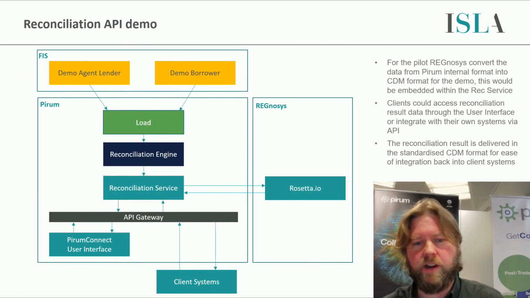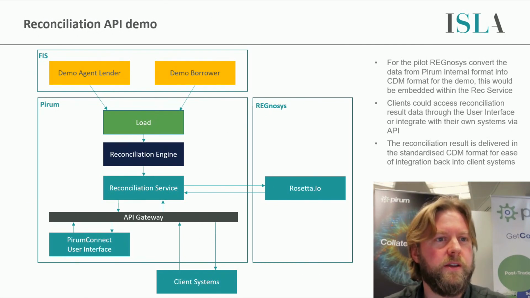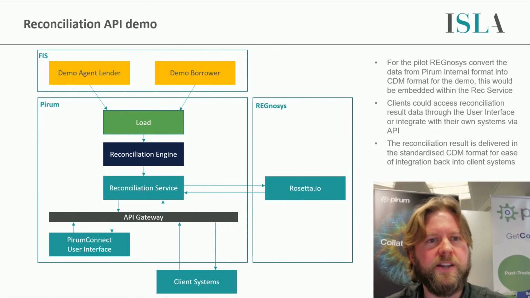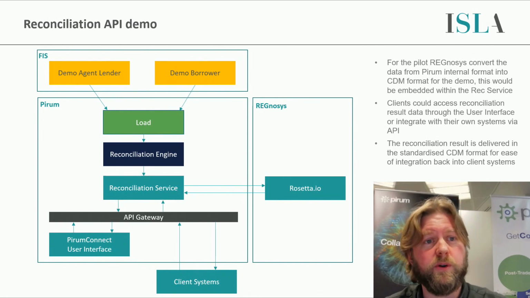So here is a diagram to show you the flow for the demo. As you saw earlier, FIS have set up a demo agent lender and a demo borrower system. They've created a break between the lender and the borrower. So as in real life, we connect to the books and records of the two institutions, consuming the block trade